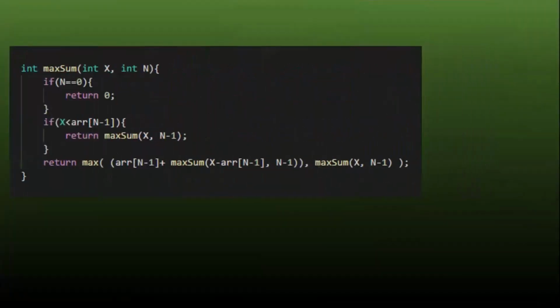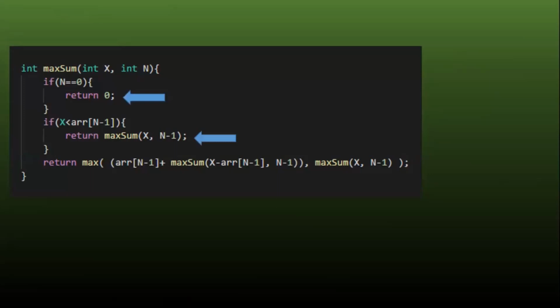Now let's see the recursive solution. In this solution, x is the sum that can yet be achieved after choosing some elements, and n is the number of elements that are yet to be selected. So when the number of elements becomes 0, obviously the maximum sum will be nothing but 0. Now if the current element that we are processing is greater than the current available sum, then obviously we will not choose that option. In that case, we are just returning the result without it and moving to the next element.